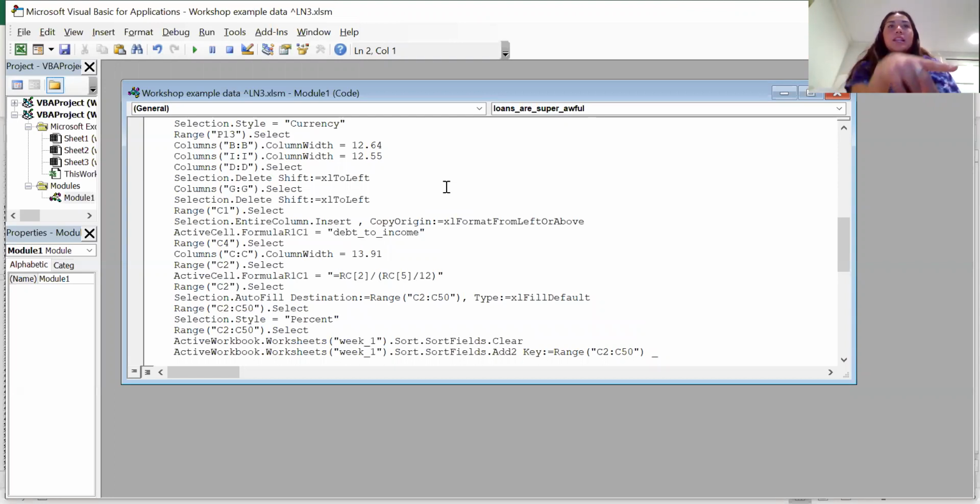But if we look at it technically in the code, for example, when we deleted columns, or when we inserted a column, it says Entire Column, Selection.Delete, Shift xlToLeft, Range C1 select, Columns G, Columns D. We deleted columns D and G. So we deleted the interest rate column and the home ownership column. If we got a different worksheet where it was called something different, but it's still columns D and G, it's still going to get deleted,